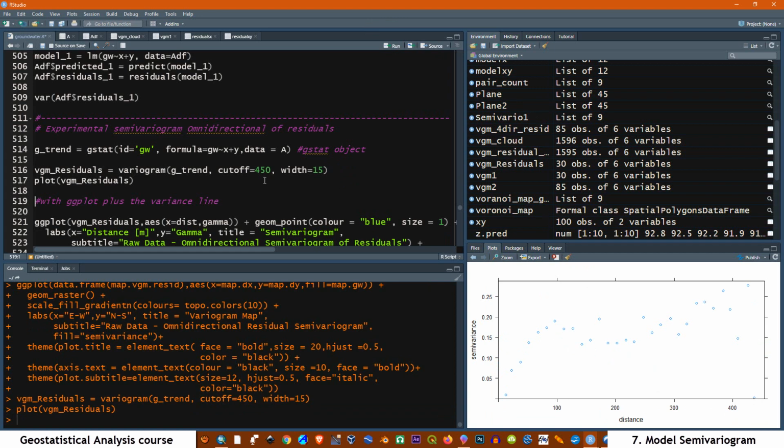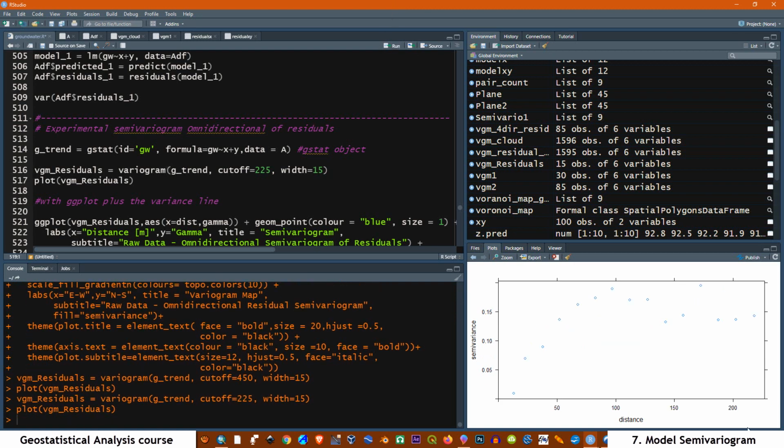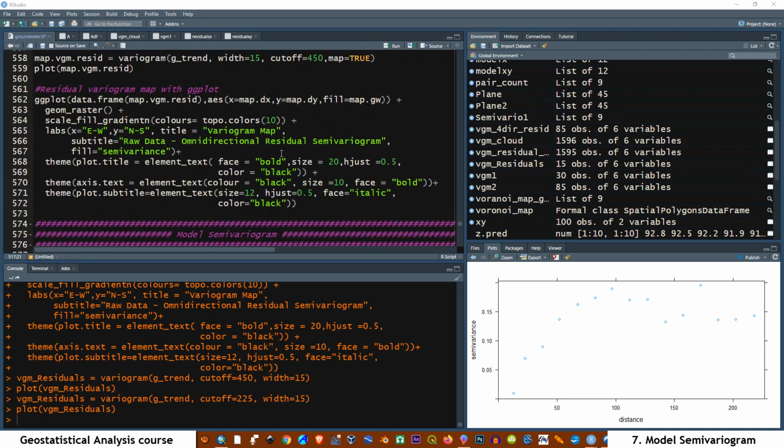That's the total extension. Now if we change here to 225 and then plot, now you are going to see that the distance is until 225 meters. Then in this case, we can say that we have a lag distance of 15 meters and we have a total of 15 lags. Then if you multiply 15 by 15, it's going to be 225. Now we can go to calculate the